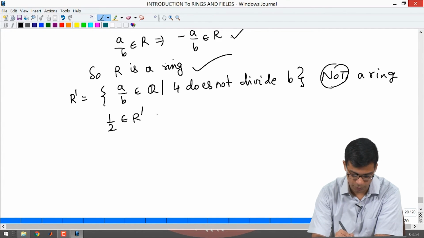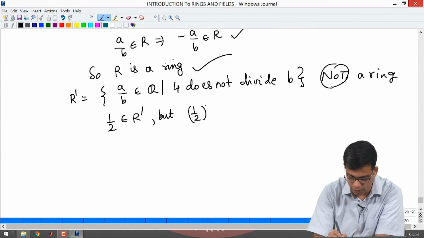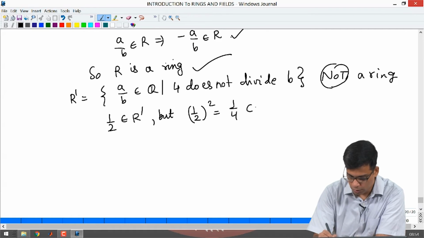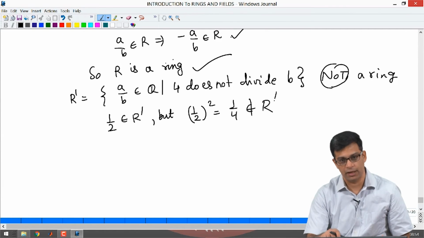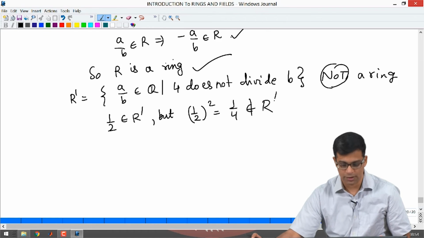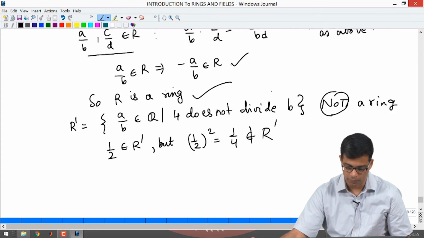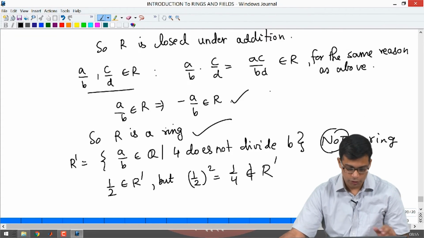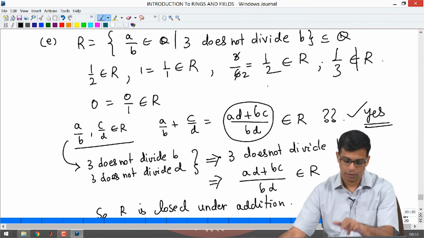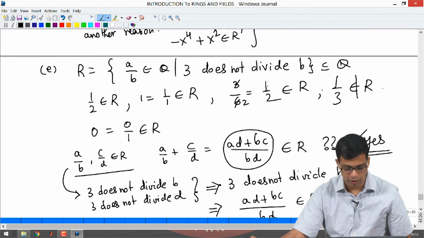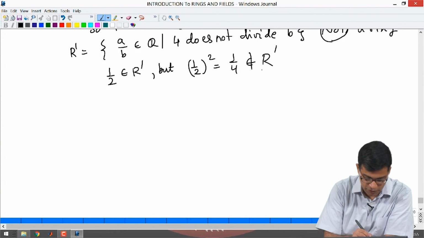So, 1 by 2 is in R prime, but if you take 1 by 2 squared, you get 1 by 4, which is in its simplest form, and 4 does divide 4. So, 1 by 4 is not in R prime. So, R prime is not a ring. So, again because I said 3 does not divide B, I got a ring, and because 3 is a prime. So, I will end this by simply saying define,